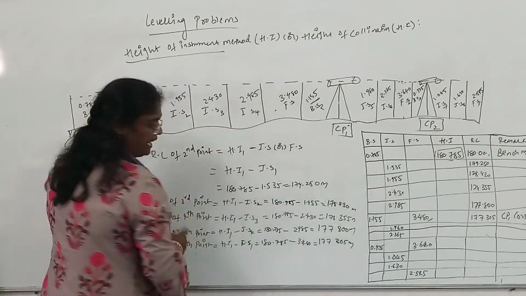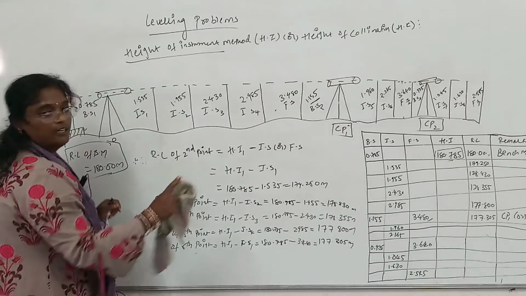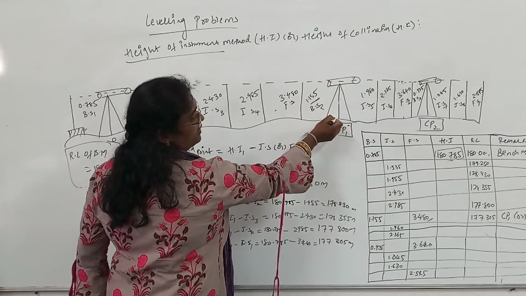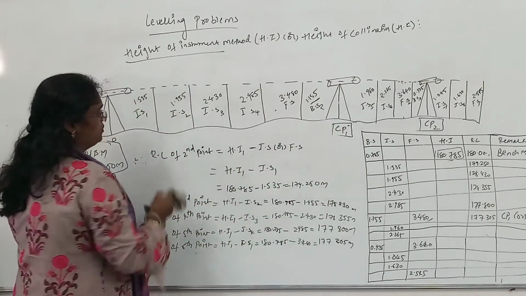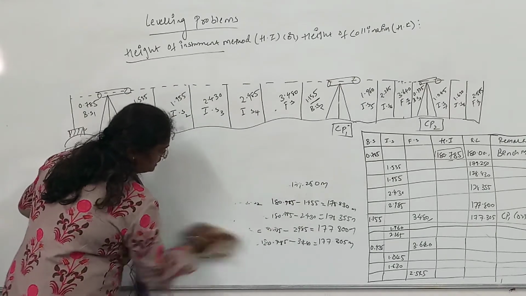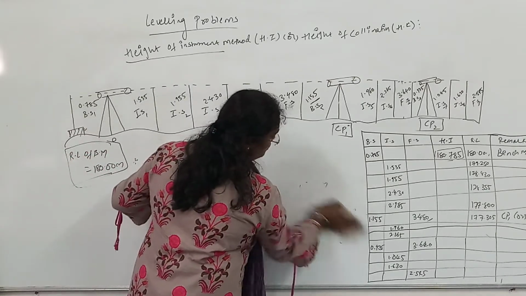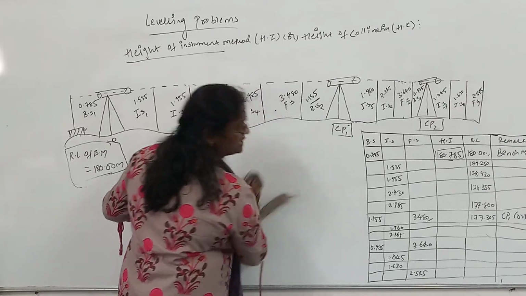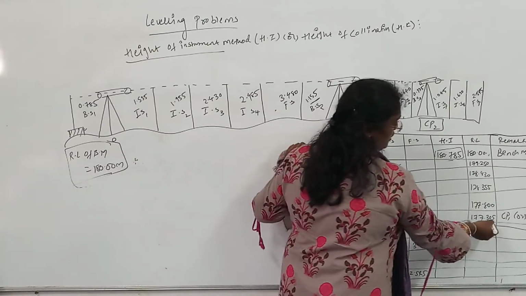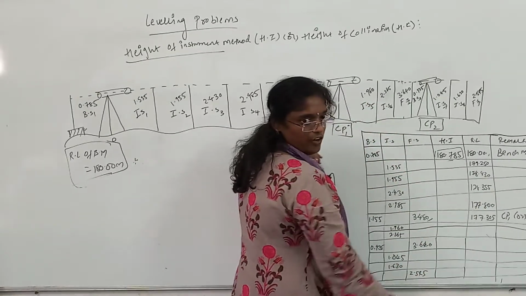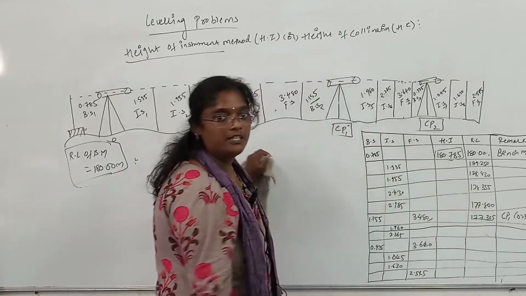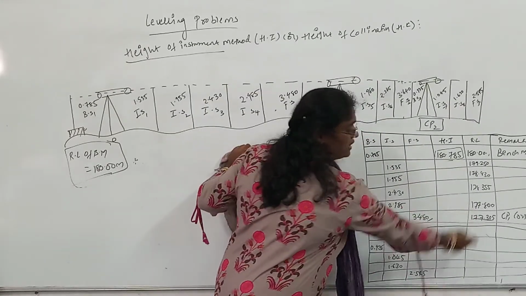Right, now your height of instrument 1 will not work out here. Again we are shifting the instrument, so you need to find one more height of instrument. Because we are shifting the instrument, the ground profile will automatically change. So here the RL of the benchmark will automatically be this one, because wherever we are standing, our last vertical distance is this one.